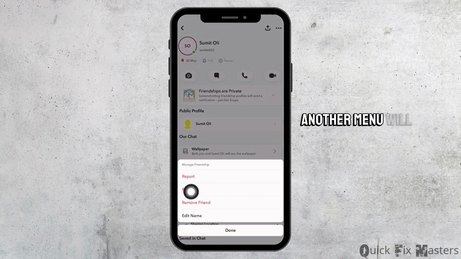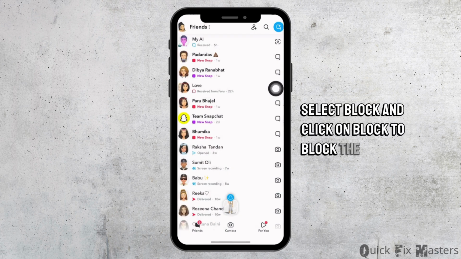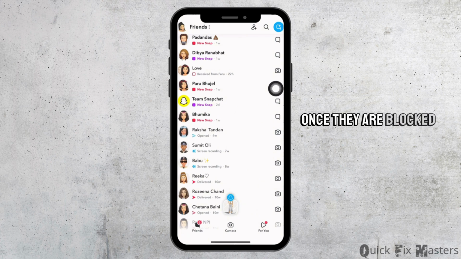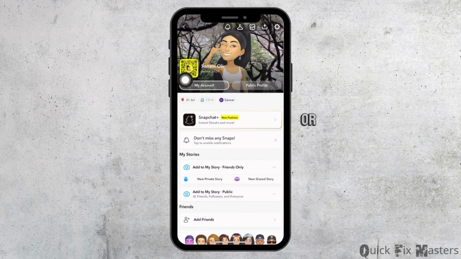Again, another menu will open. Select Block and click on Block to block the person. Once they are blocked, you can unblock them simply by following the same process, or you can go to your